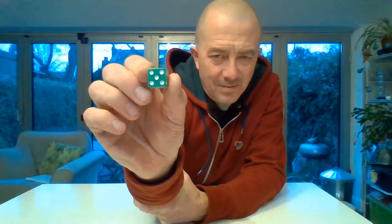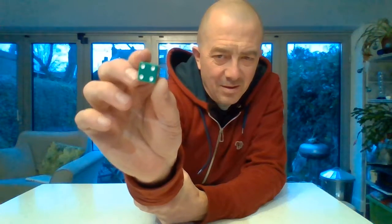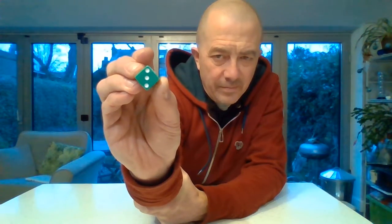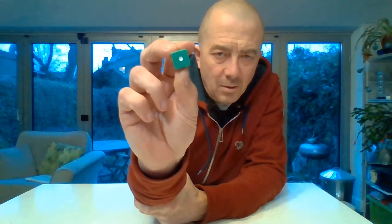1, 2, 3, 4, 5. Let's go down in ones. What's this number? 1, 2, 3, 4. Good. This number? Count them. 3, that's right. This number? 2, and finally, number 1. Okay, so by looking at the dice, we have seen that there are numbers represented up to the